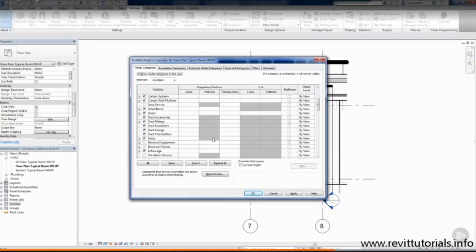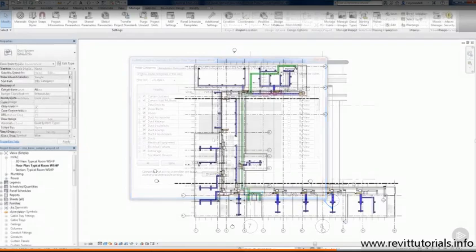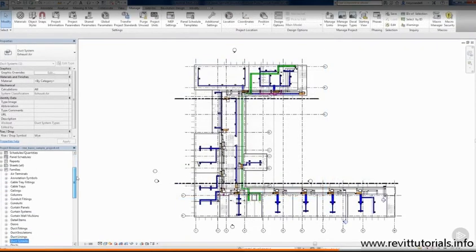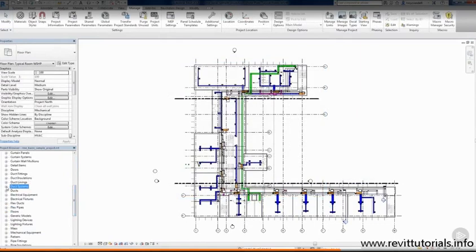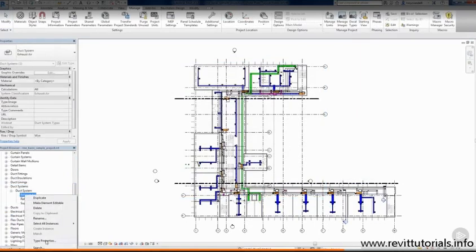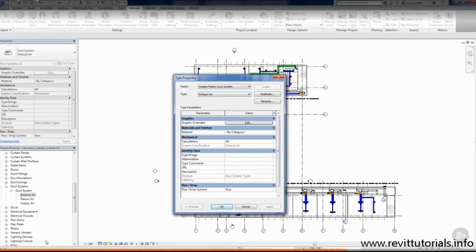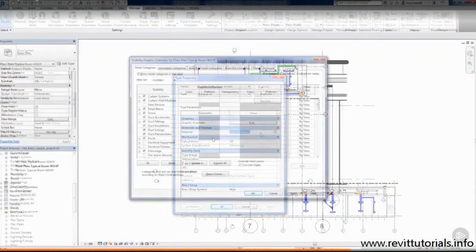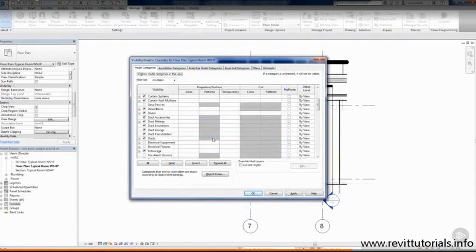In Revit, we use systems to control the surface patterns so that we can distinguish each individual system. Now, since ducts are part of a system, i.e. supply, return, and exhaust, well, the surface pattern is controlled by the system properties. Now, we can talk about different systems in Revit later on in the course, but for now, let's change the